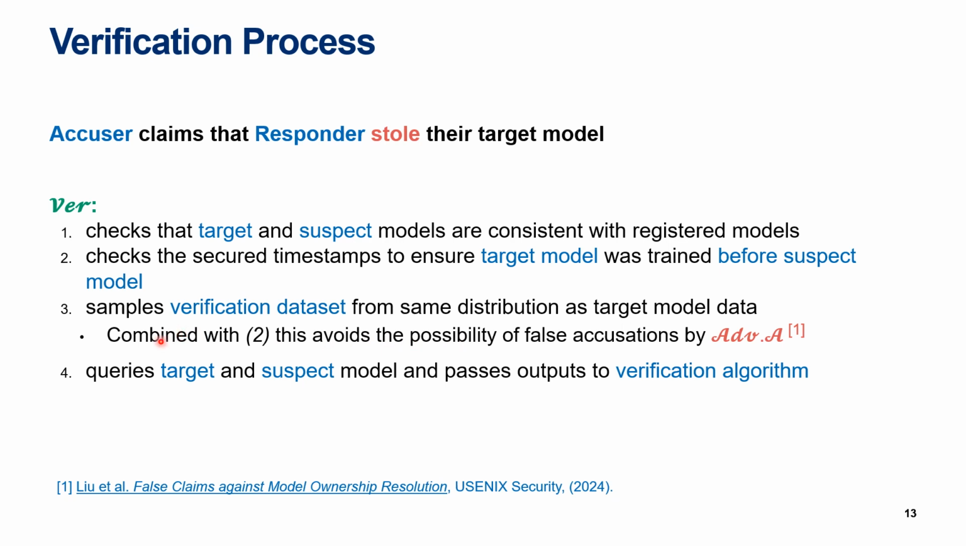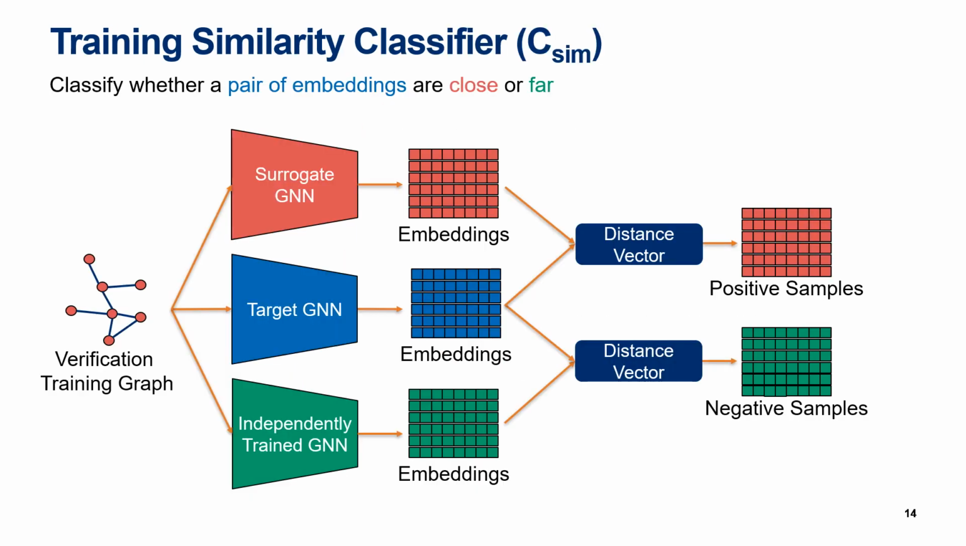accusations. The last step in the process is that the verifier will query the target and suspect models and pass the outputs to a verification algorithm which will give a binary output on whether the suspect model was truly stolen or not. Now that we know how the general verification process works, let's dive a little deeper into the verification